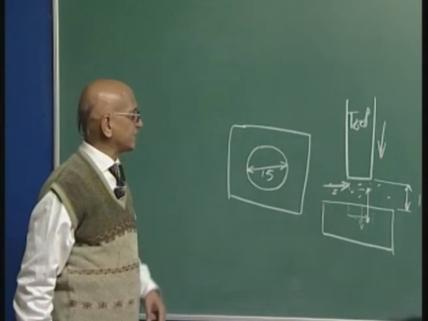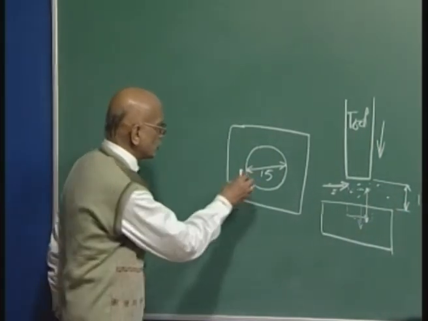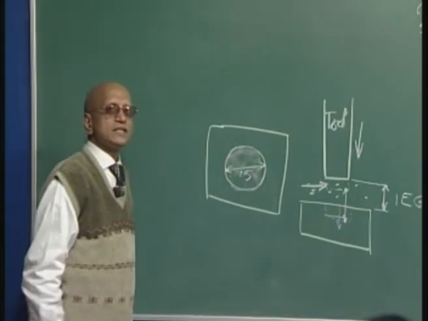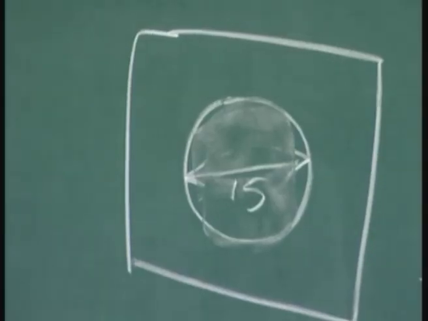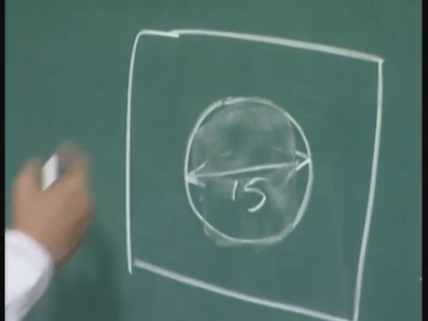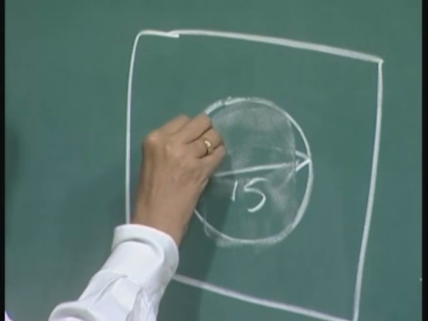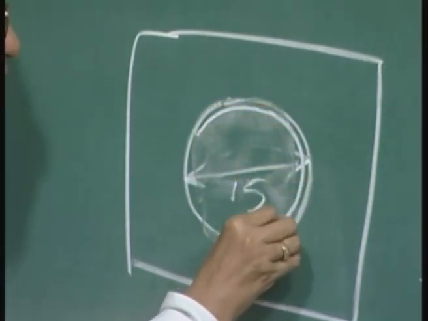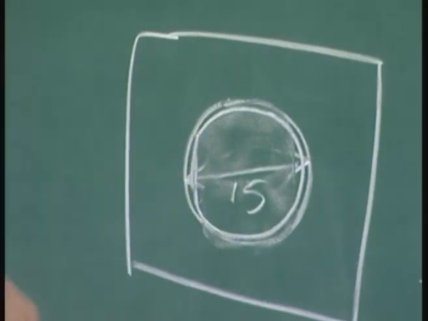If you are doing it by electrochemical machining or electro discharge machining, you have to dissolve or melt the whole of this material. So, you are wasting a lot of material, and it is going to take a lot of time in dissolving or melting this particular material. So, what is desirable is that you cut it along a certain periphery, this periphery, and remove this material throughout